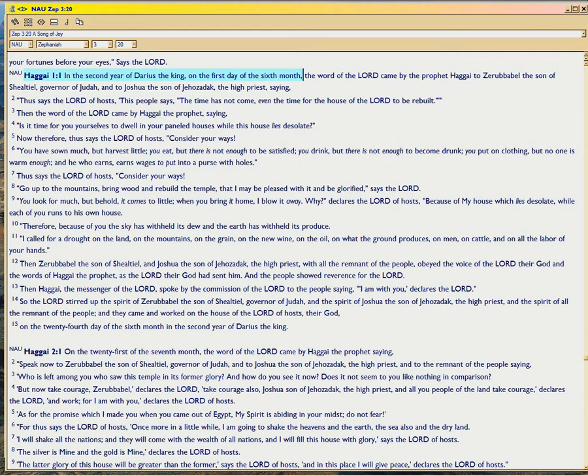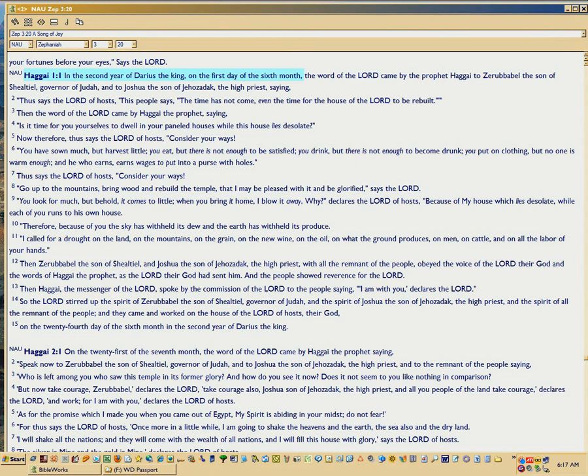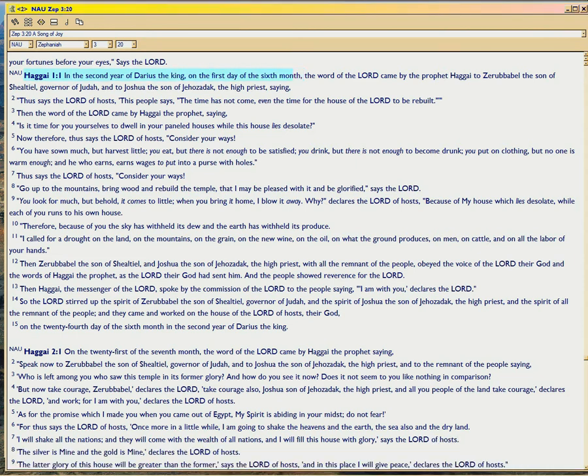Now Luke especially likes you to put the facts together. He doesn't like to stress the obvious. He doesn't want to bang it over your head. He's the guy with the 24 genitive absolutes in the book of Acts. He likes to finesse. All Bible writers do, and this is a characteristic of Greek literature, that they like to finesse. And it's actually a bigger characteristic of Hebrew literature. You're supposed to put it together and then smile. They don't want to tell you the punchline. They want you to figure it out. First day of the 6th month on the Persian calendar, so you have no doubt when it is.